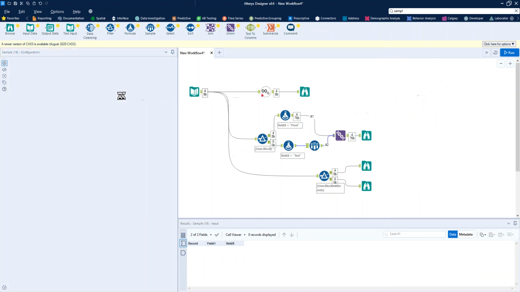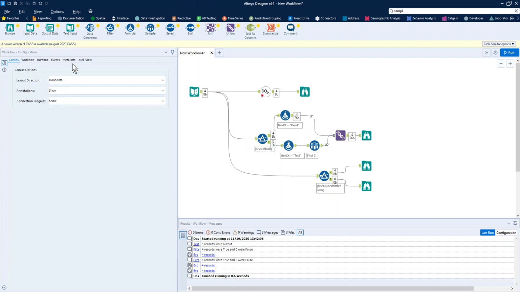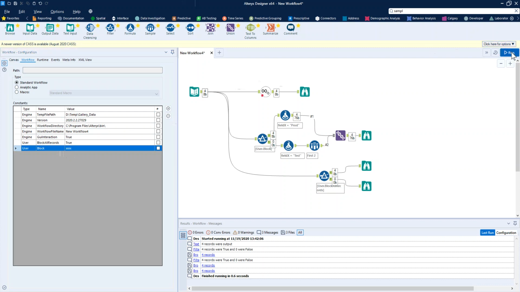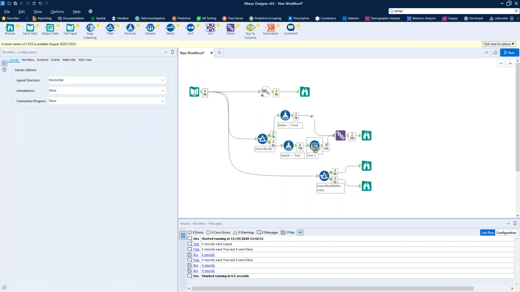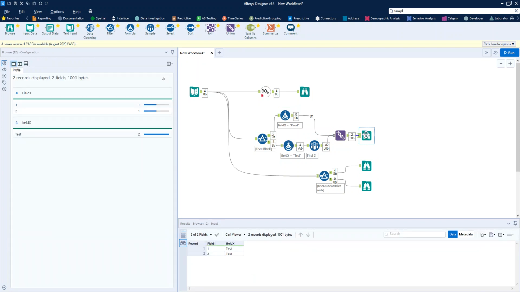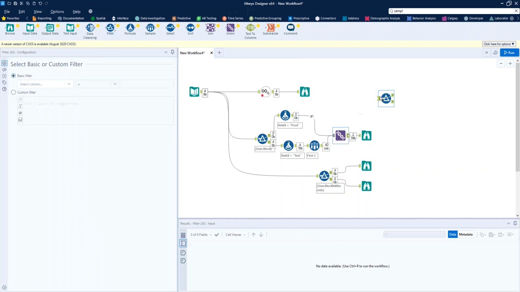And so if I go and I set the block back to being false for anything, because it's not true, now you only get 2 records through. So if I programmatically want to cause all sorts of things to happen in my workflow, like maybe we're going to go and write this to an output file,